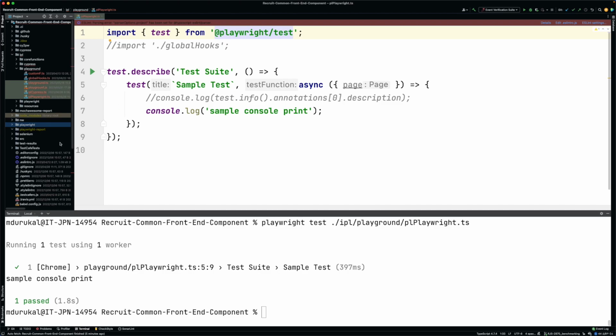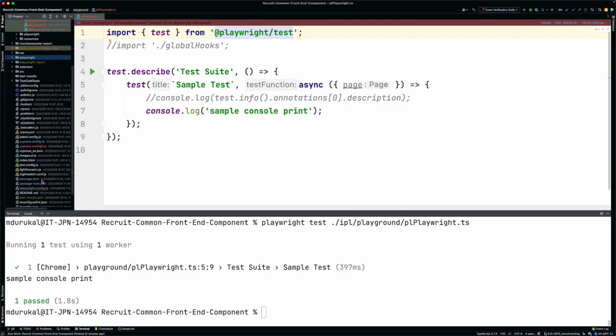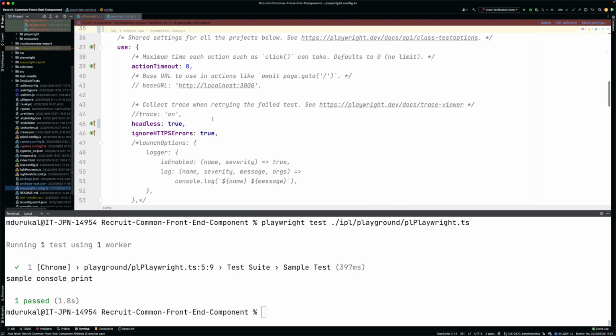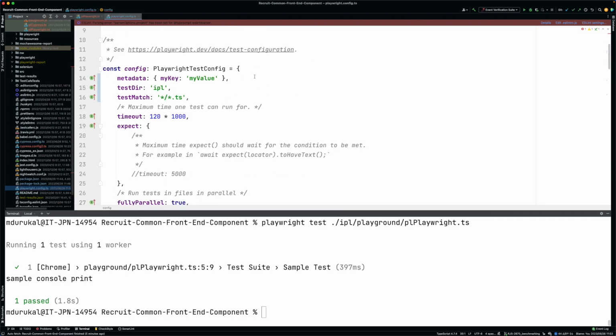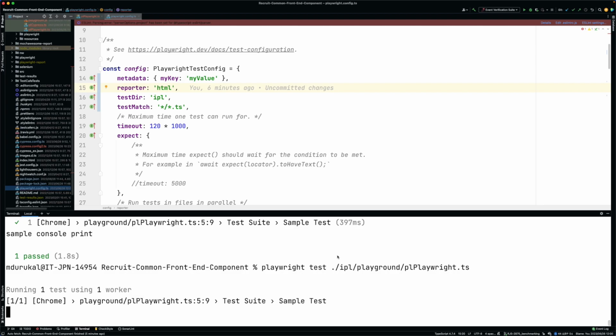So let me find our config file for Playwright. It's here, and let me add my reporter here. So again, I'll go with HTML. So now if I execute this same command,